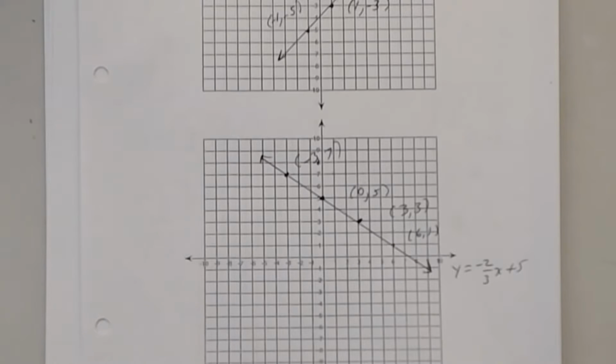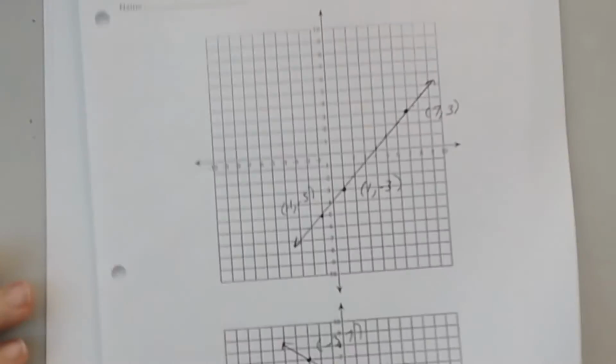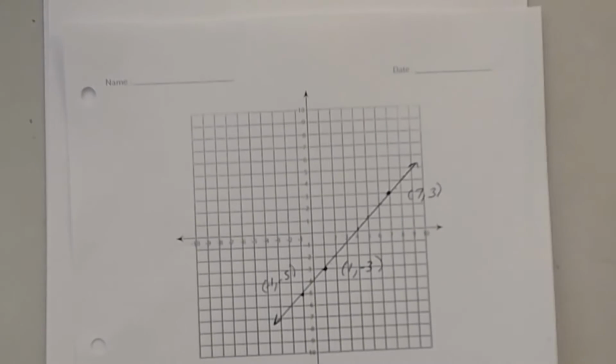All right. Okay, the next one, suppose we had number 3. Now you have 2 grids on the back page, so use the back as well. All right, number 3, suppose